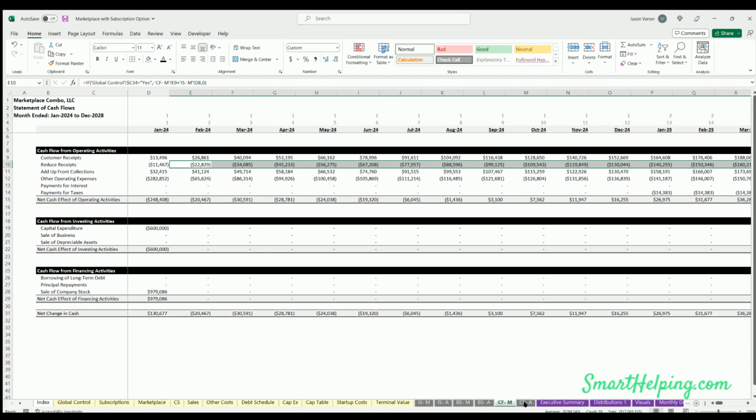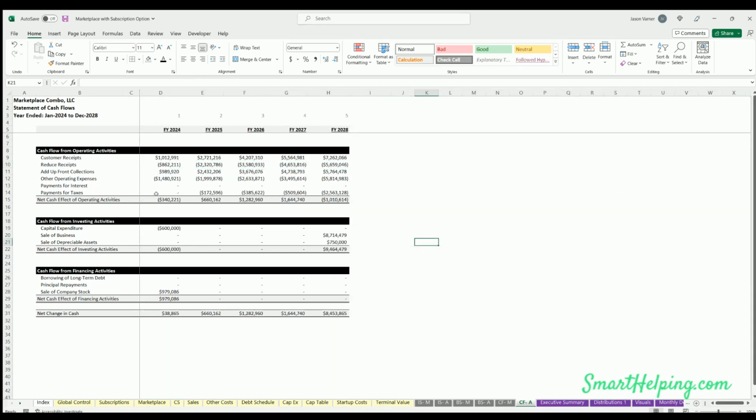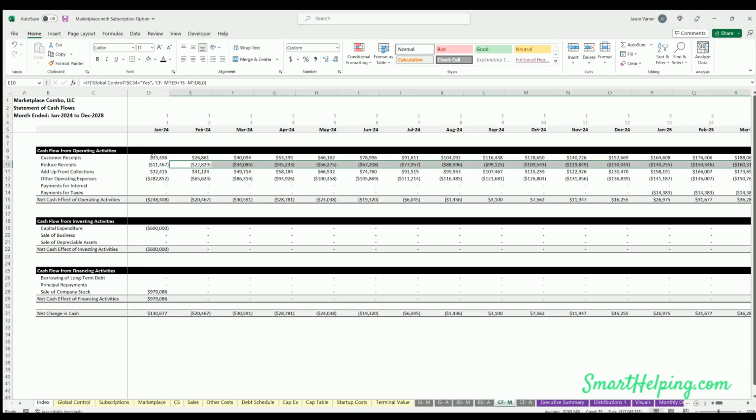And so you can see here, cash flow statement, now for operations, we're reducing any receipts collected up front. Well, we're saying that this is the total collected up front. This is the total that was not collected yet. So this is your reconciliation if you look at the monthly. So here we have 13,500 nearly, but we actually 11,000 of that